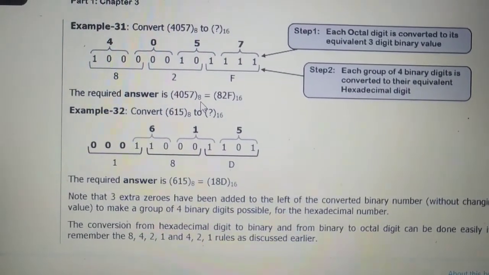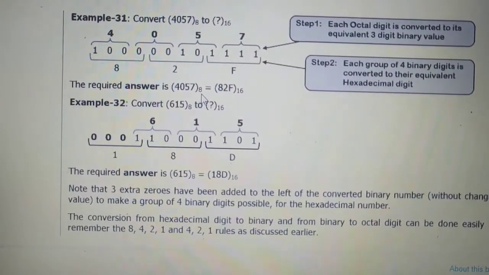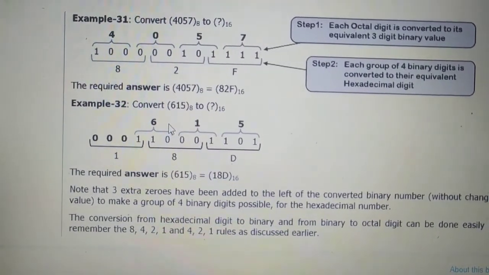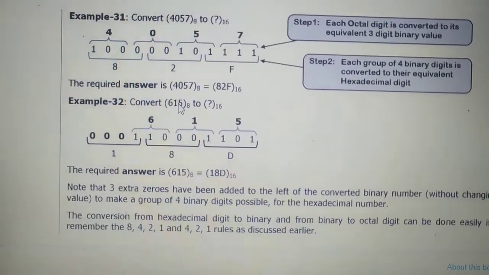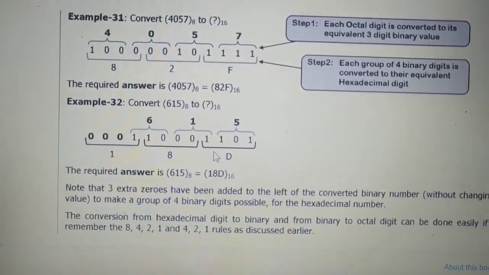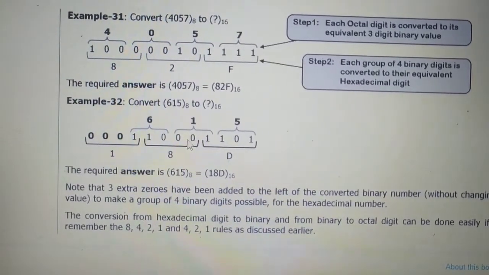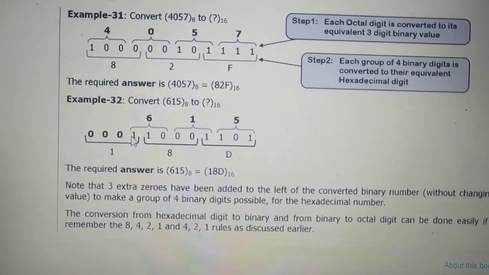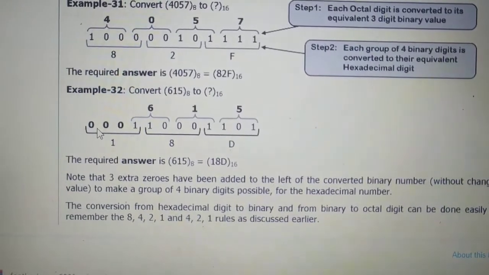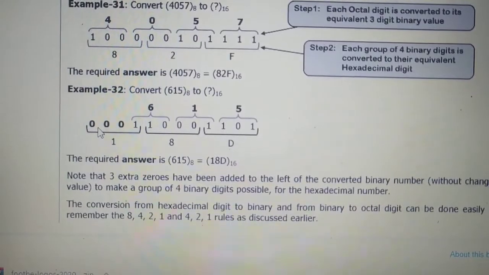6158 in base 8 to base 16. Okay, one time check: 5 means what? 101. 6 means what? 110. Okay, sorry, 1 is there, so 001 and 6 means 110. Okay, so we have converted and now try clubbing 4 digits. So 1011 done, 0001 done, only a single 1 is there, and the next 3 bits are blank. Blank means there is a shortage of bits. So this shortage of bits we must replace with 3 zeros.